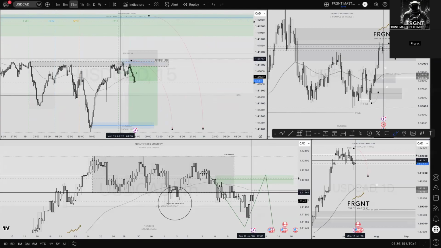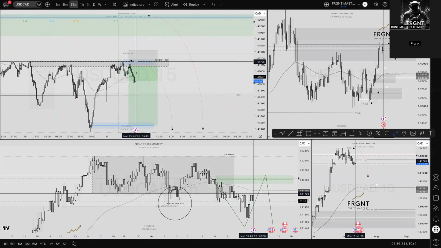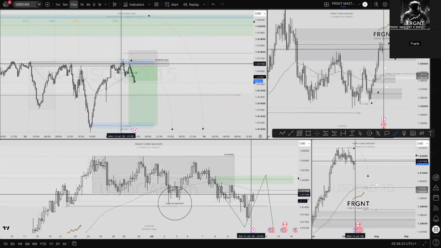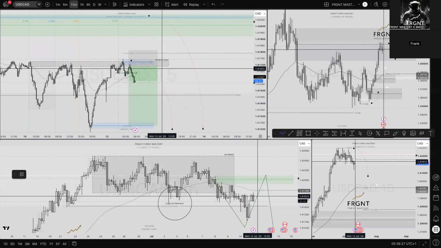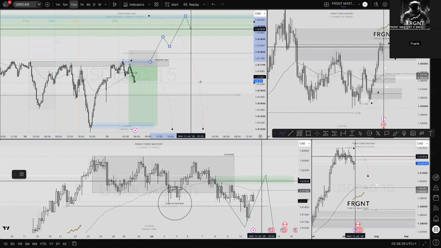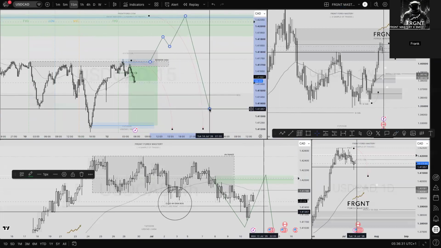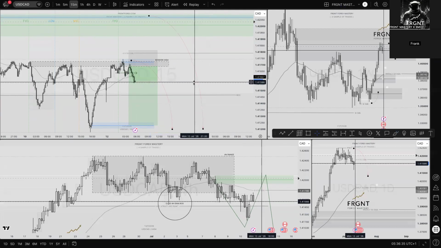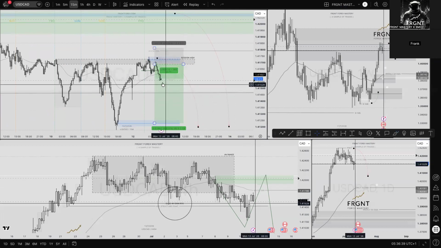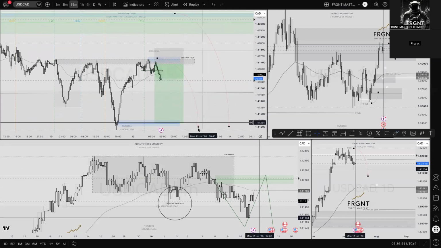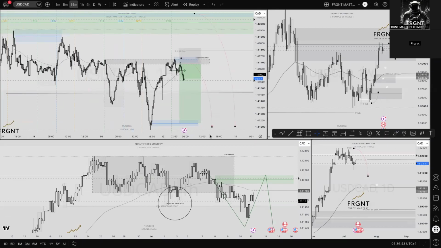If we had broken and closed above that session high, it would no longer be a respected session high. For me, we would then have made a higher high. So I would then simply be waiting for price to revert to this position here and take the long position down. So I understand I was granted an opportunity and I was looking to take it. My alert has just about gone off, so I'll be moving that to break even at some point shortly. There's not too much more to say about that, to be honest. I hope that's crystal clear.